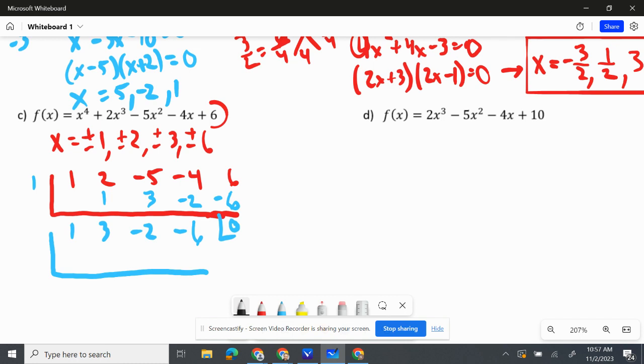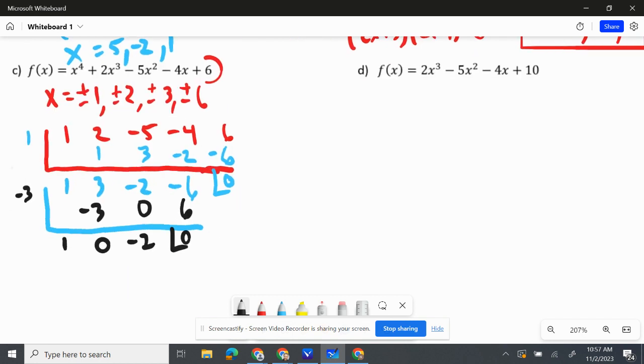And we're going to pick one of the numbers. I'm going to pick negative 3. So I bring down the 1. Negative 3 times 1 is negative 3. That gives me a 0. Negative 3 times 0 is 0. That's negative 2. Negative 3 times negative 2 is 6. And so it works. Now this one becomes x squared